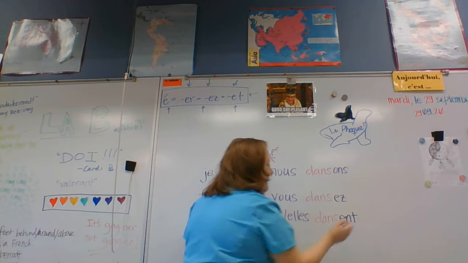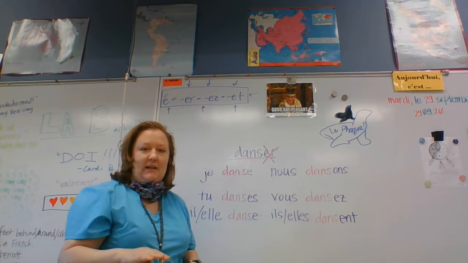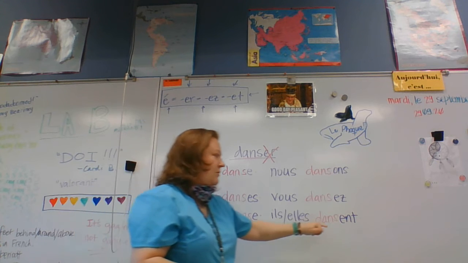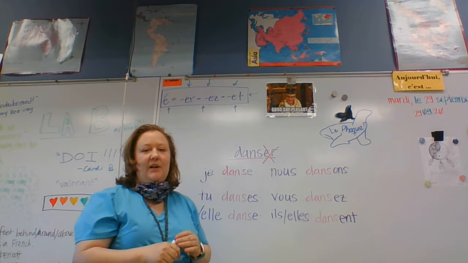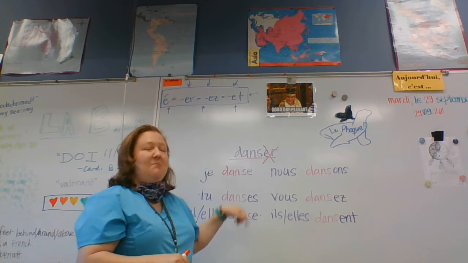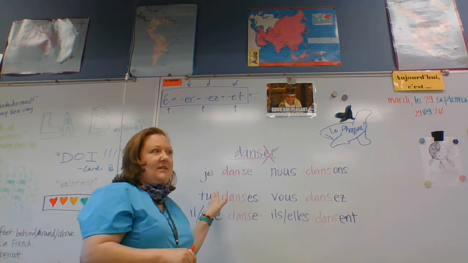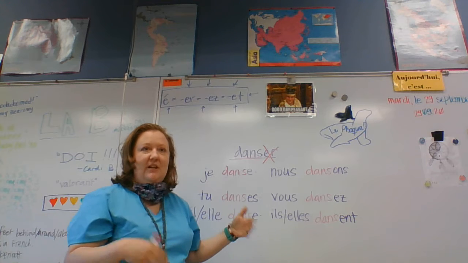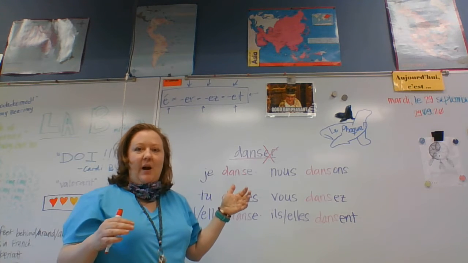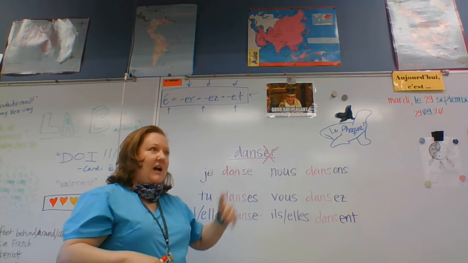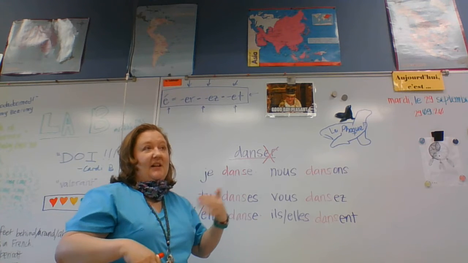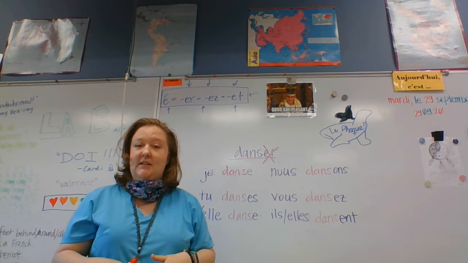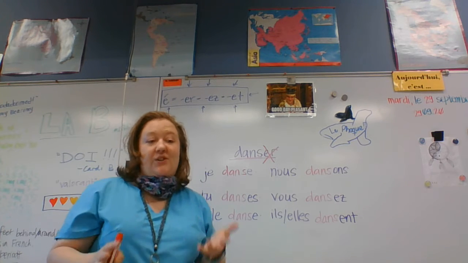So what I was getting at is these four forms sound exactly the same. Danse, danse, danse, danse. No difference in pronunciation. There are some spelling differences, and obviously you have to say the subject pronoun along with it. Otherwise, if you were to just say danse, the person has no idea. Do you mean you? Do you mean I? Do you mean they? Do you mean he or she? Or are they all girls? It could be any of those because they all sound exactly alike,